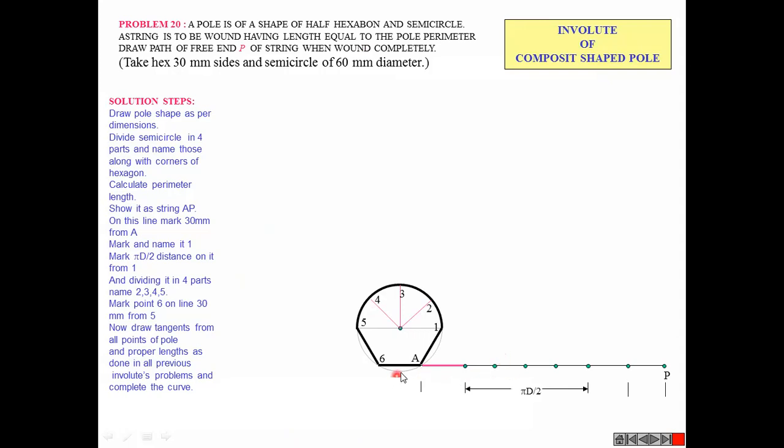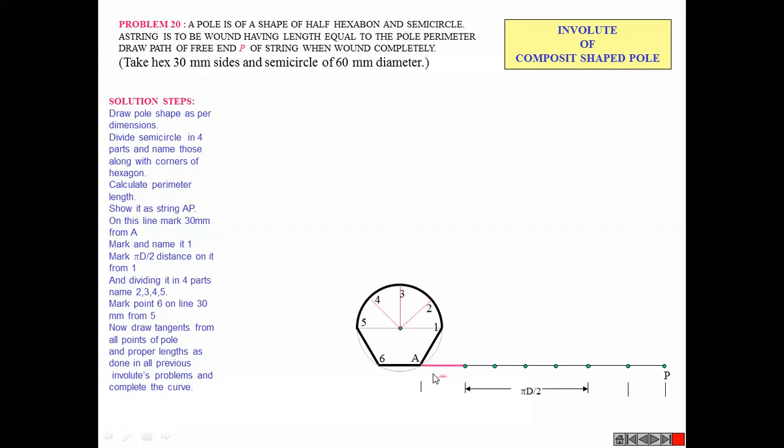Now, this first pink line, what should be the length of this AP? Now this is important, so pay precise attention, because I am showing you some composite shape. In an exam or in a sheet, I can't do much with this problem, but what I can do is change the shape. I can take a whole hexagon rather than a semi-hexagon and semicircle. Then I can have a square also. I can have a trapezoid. I can have any section, but the procedure won't change.